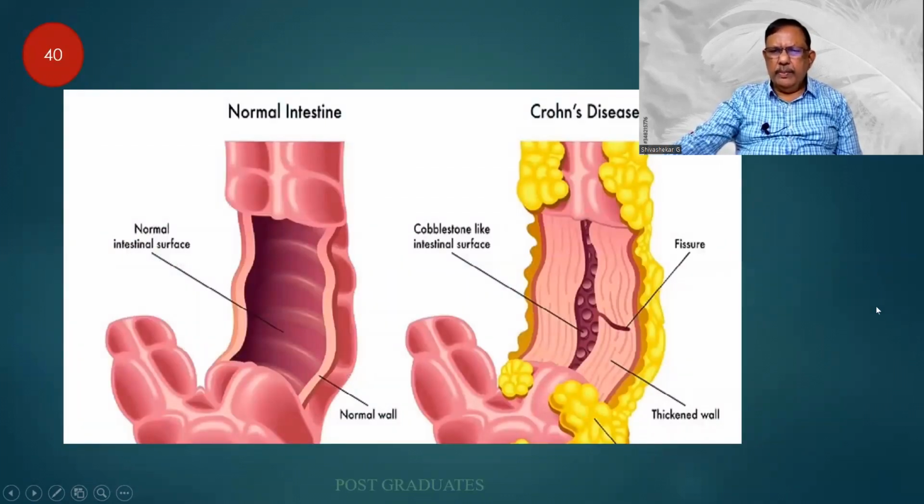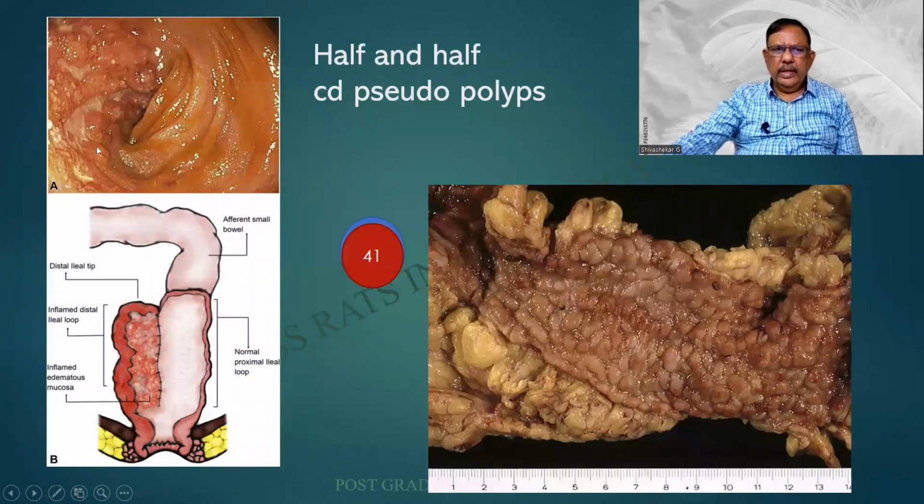Not required, only for recapitulation, cobblestone and creeping fat. And here again, half and half. That is exactly what is classical of this Crohn's disease. You find that skip lesion, I thought only one longitudinal region will be involved, another longitudinal free. But look at this particular one. One half on the left is involved, whereas the other half appears near normal or totally normal. Half and half, that is how it has been termed by the radiologist. And this is the carpet of pebbles. So this is the inflammation that is transmitted.